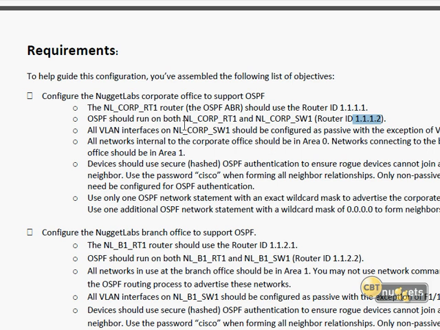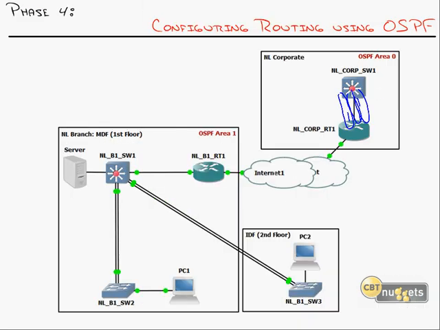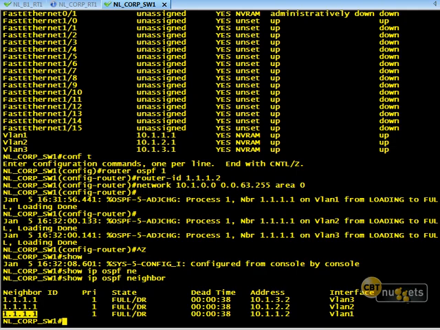So check this out. It says all interfaces on corporate switch 1 should be configured as passive with the exception of VLAN 1. Let me show you how I do this. And this is, again, another good Cisco best practice. I'm going to go under switch 1,